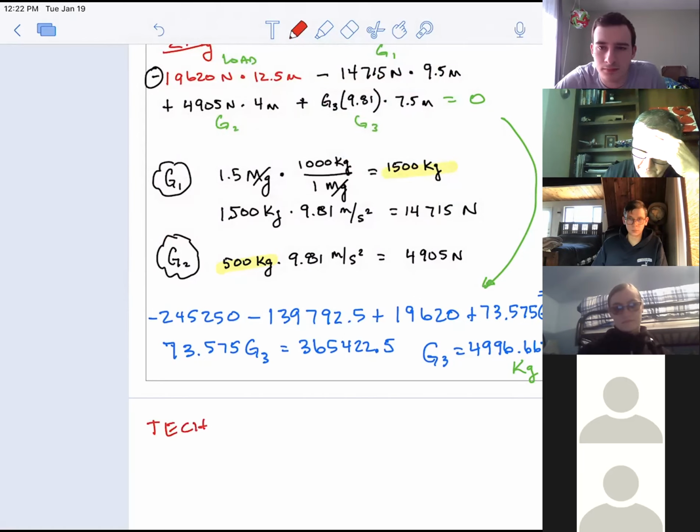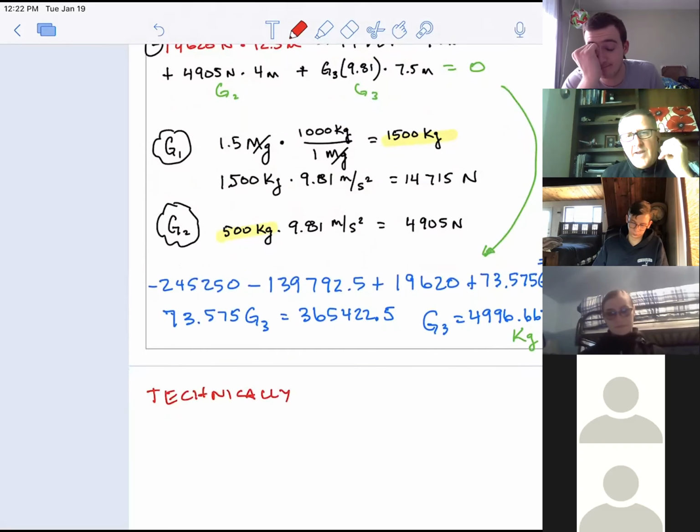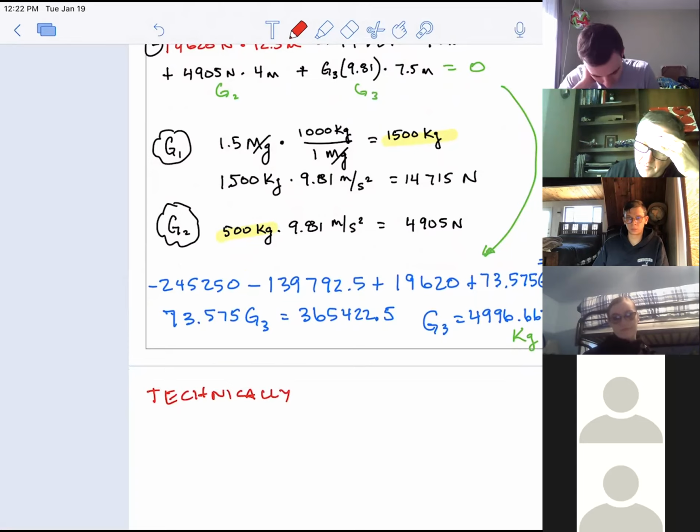Technically, you can't get rid of one of the digits because that number is almost 5,000. But to get it down to 3 digits, you've got to move the decimal point over. If we move the decimal point over 3 places to the left, it becomes 4.996 and some change